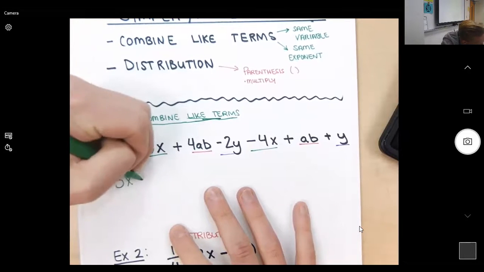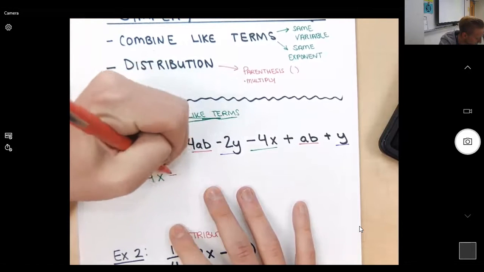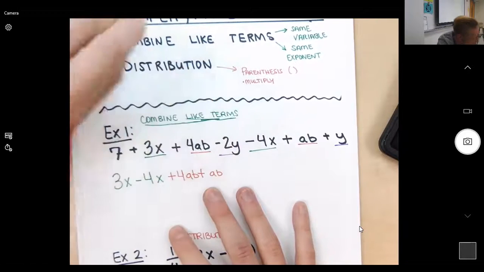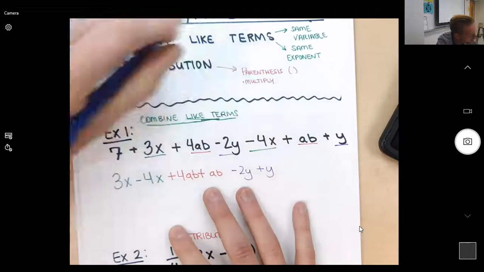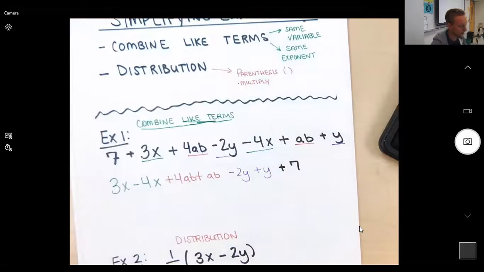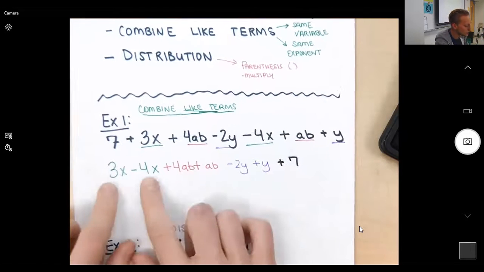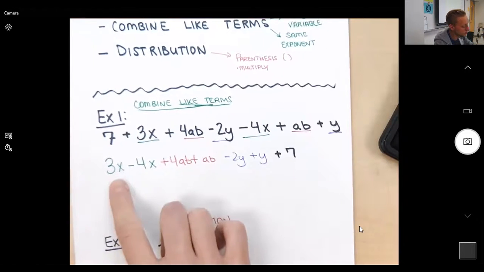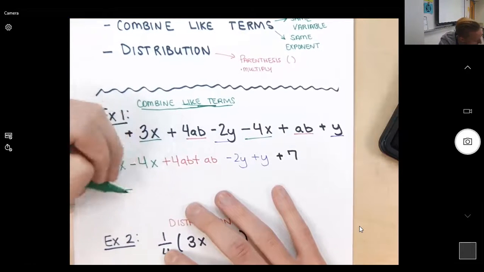I'm going to do 3x minus 4x plus 4ab plus ab, negative 2y plus y. And then we will end with just that plus 7 there. So now it's just combining like terms. So you're going to take the coefficient of each variable here and combine them. So 3x minus 4x, that's going to be just 3 minus 4, which will get us negative 1x,